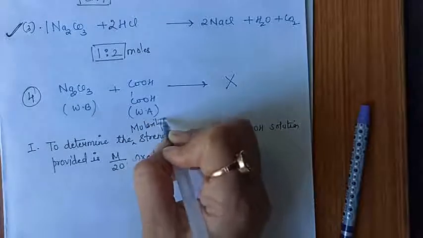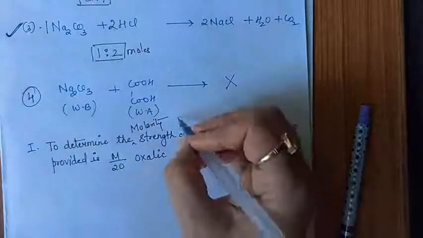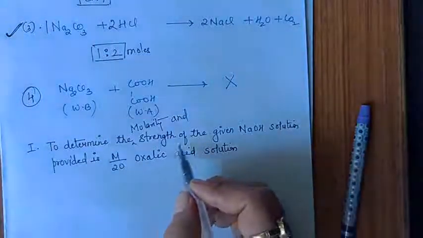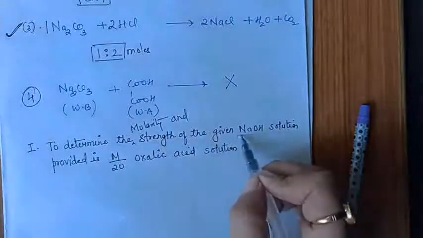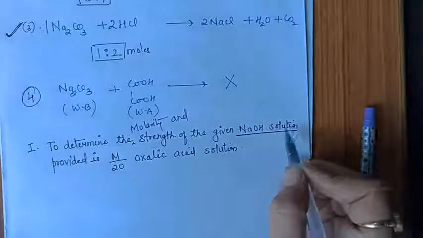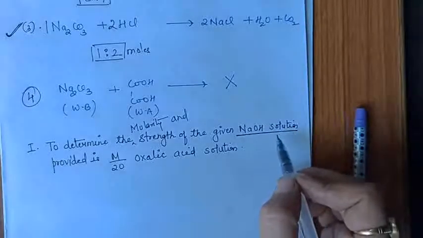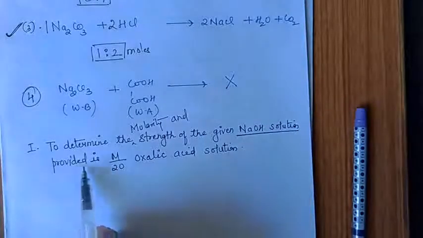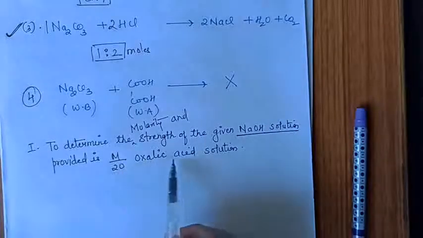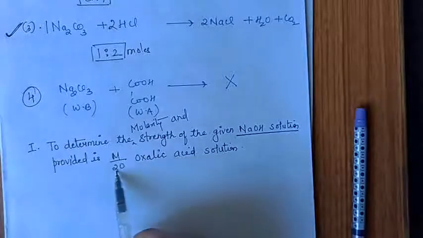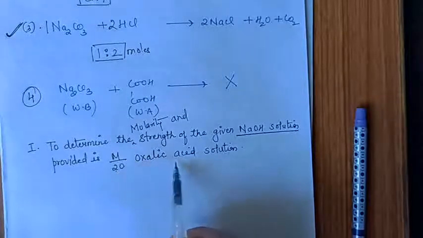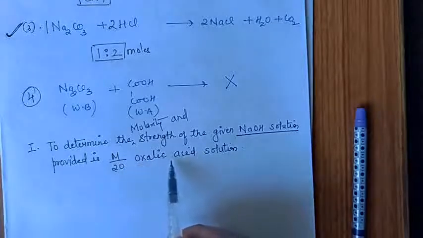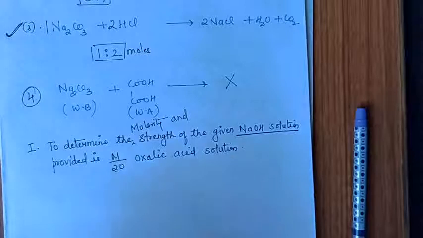बुक में सिर्फ स्ट्रेंथ लिखा है, हम दोनों कर सकते हैं। To determine the molarity and strength of the given NaOH solution। सो जिसका मोलारिटी और स्ट्रेंथ पूछते हैं, NaOH सोल्यूशन का पूछ रहे हैं, so it means हमें नहीं पता है, you have to calculate, तो ये अननोन सोल्यूशन कहलाता है। ठीक है, और क्या दिया है, provided is M/20 ऑक्सैलिक एसिड, तो ऑक्सैलिक एसिड की मोलारिटी आपको दी हुई है। ठीक है, तो जो गिवन होता है, जिसकी मोलारिटी पता होती है, उसे हम नॉन सोल्यूशन बोलते हैं।